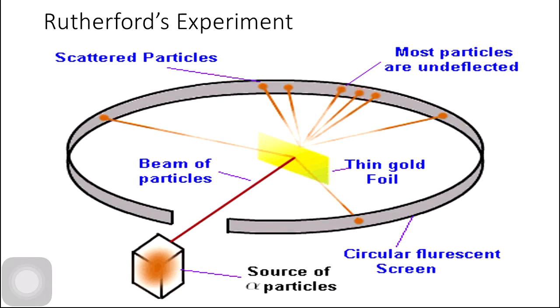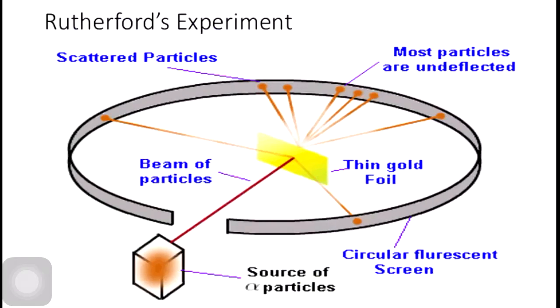The second pathway, which was adopted by a few alpha particles, is at an angle greater than 90 degrees. Here this is 90 degrees, and these alpha particles show an angle greater than 90 degrees. In the third pathway, very few alpha particles are deflected back. Here the word deflected means change direction after hitting something. To understand this, just look at this beam of alpha particles. This beam moves forward and hits the thin gold foil, and after hitting it, it moves back, or is deflected back, and strikes over here, as you can see.